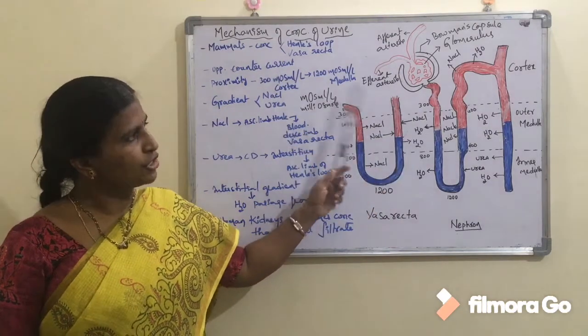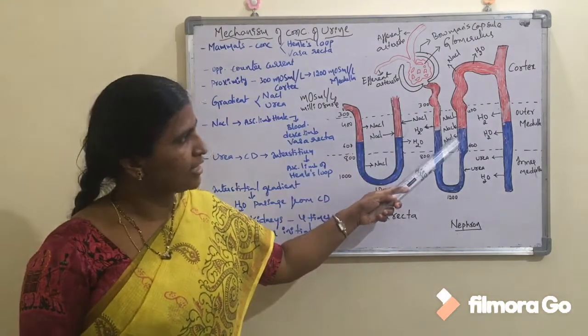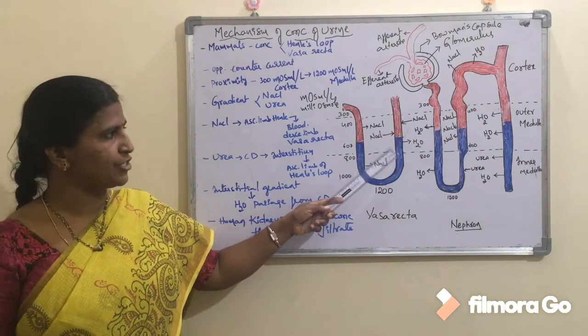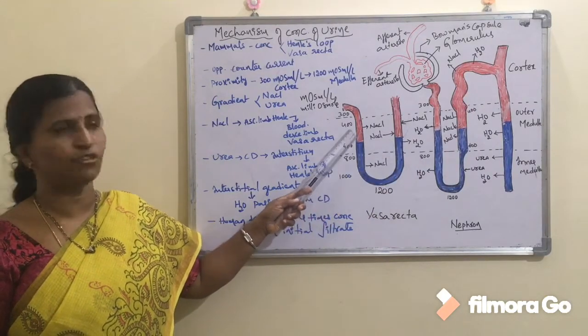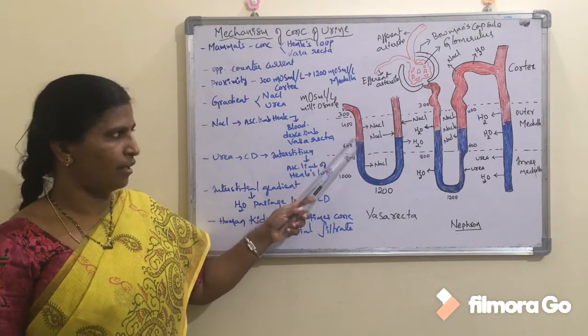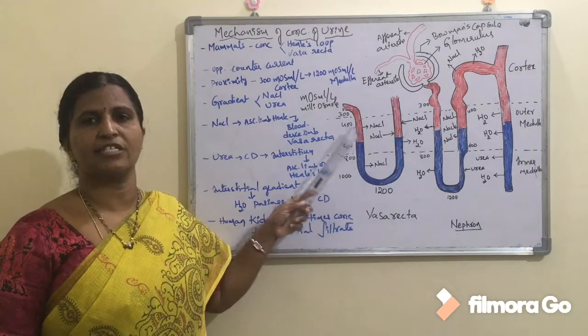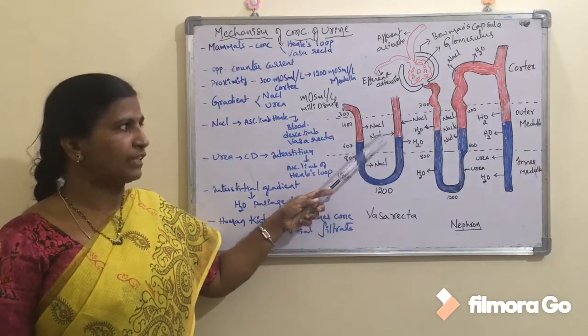Children, a question from today's topic: NaCl from the ascending limb enters the interstitium, from there into the descending limb of the vasa recta, from there into the ascending limb of the vasa recta, and from there into the interstitium. That means here NaCl ions are continuously moving. If this doesn't occur,